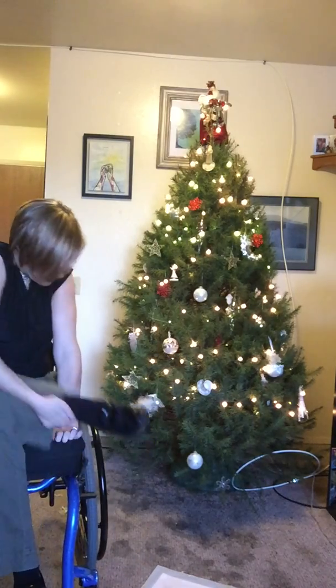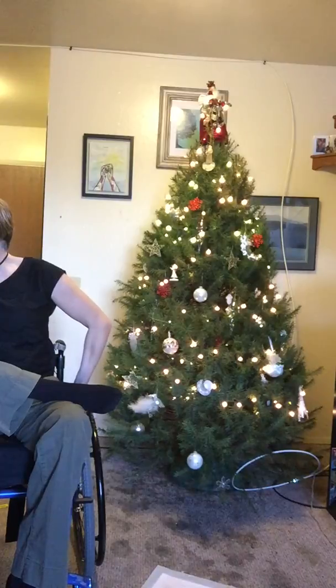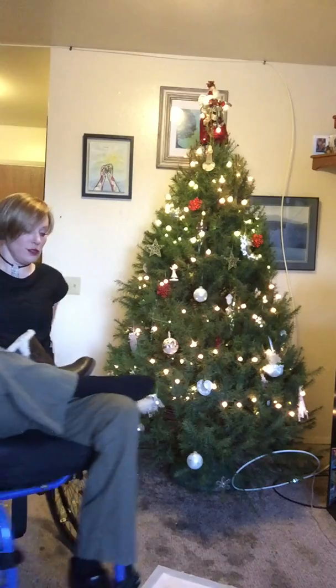So I'll grab the boots and let's see how we can get these on and how easily it will happen with some sockies. All right, one shoe off. And make sure you grab the correct foot. This is my right foot. So what I do with boots is